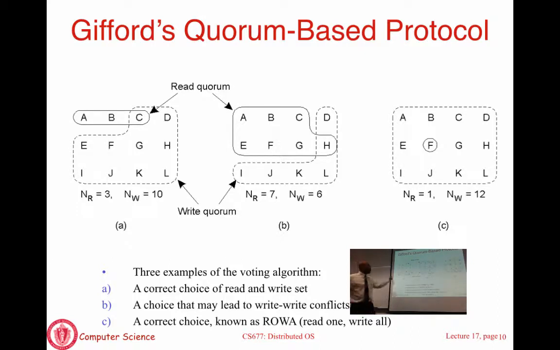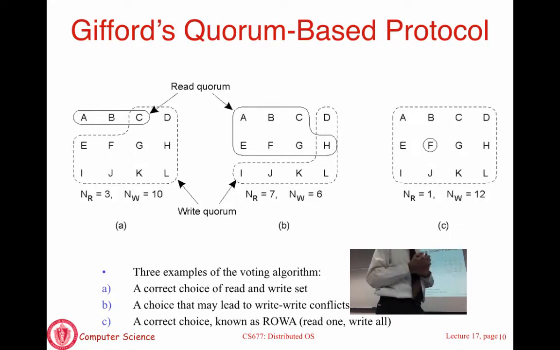Read quorum is 3, which says you pick any 3 servers at random. You ask them for the file. You compare the version of the file. If it agrees, then you're guaranteed that that's the most recent version. If they disagree, then you can again repeat. You pick another 3 servers at random, and essentially they're going to vote by saying this is my most recent version. If the voting agrees, then you're done.